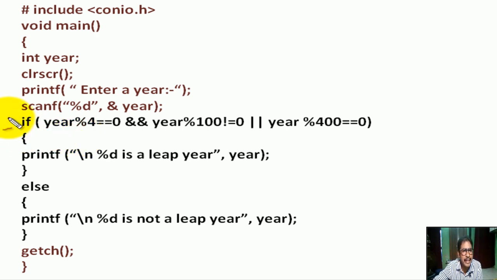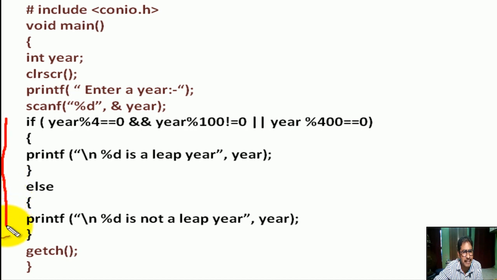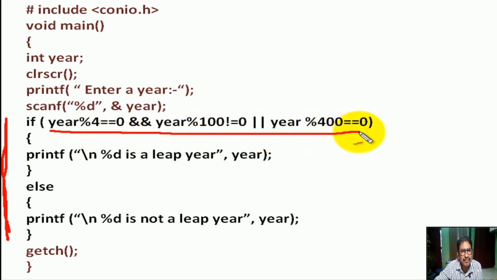Okay. Next, we use if else statement. If within bracket, this is the condition. Next, if the condition is fulfilled, if the condition is true, then print this statement.